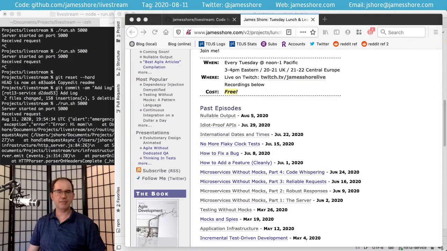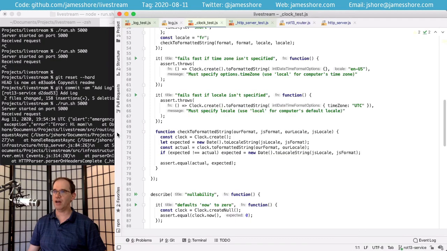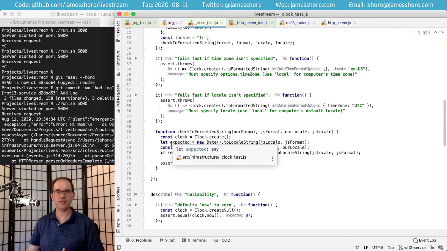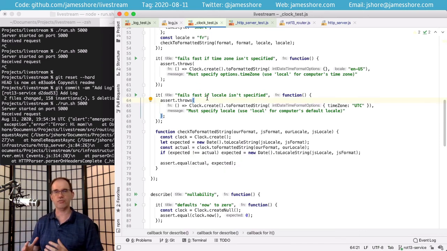Nazar Chup says, thanks. Logging is an interesting use case where log, clock, and output play together. I agree. I think this was a great example of how high-level infrastructure works. And I really like how easy it is to write this logger now that we've got the infrastructure wrapper in place. In this show, we've spent a lot of time on infrastructure, so we've made it seem like doing this nullable output and all this infrastructure is really hard. But the fact is, you write this stuff, and most of your work is elsewhere, and you just end up using it over and over and over again, like you've seen here.